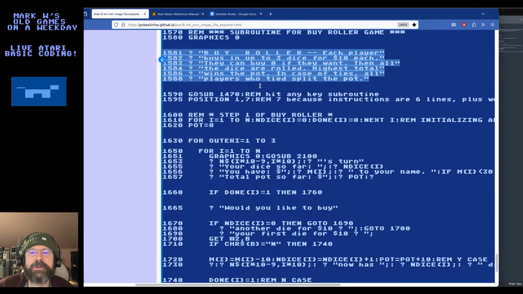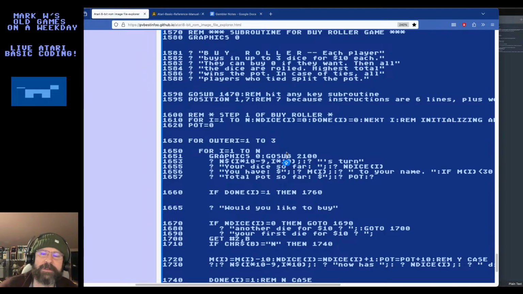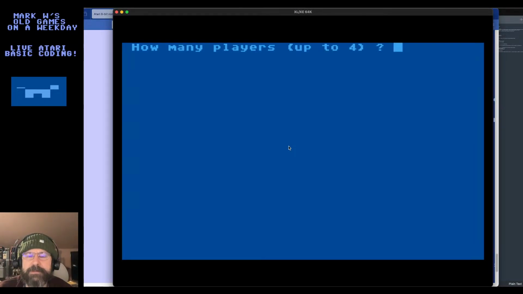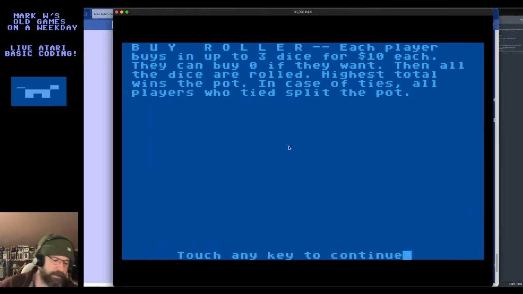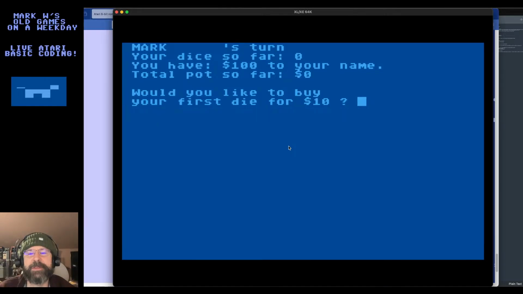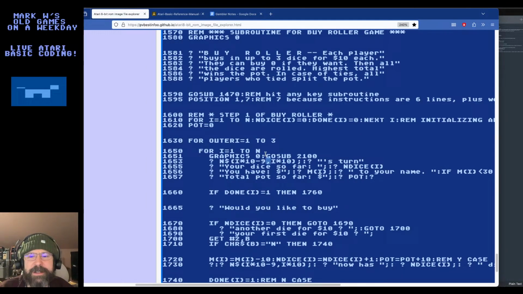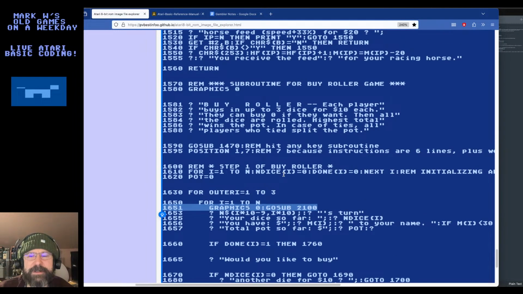Sorry, so it says the instructions. Did it even have the hit any key? It did, right? Here, let me check this again. Go on rapid mode again. Go, go, go. All right. Yeah, so this is working. Touch any key. This part's good. But then it just displays the banner with the stars, and then it clears the screen, which is so weird because I'm pretty sure I'm looking at the opposite thing coded here, so I don't understand that.